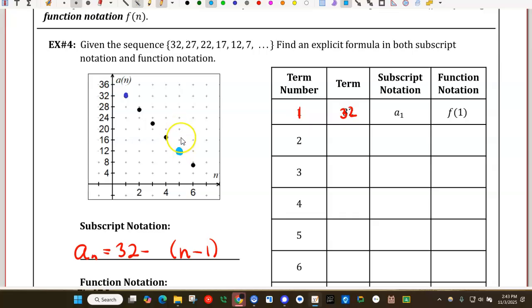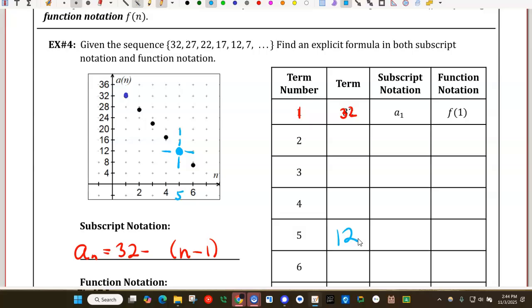Yeah, this is on what's called a lattice point, so these intersect precisely. So if I try to use the second term, I'd be estimating. Maybe that's 27, maybe that's 28, maybe it's 27.5. I can't be sure because it's not exactly on that last point where these two grids intersect. But down here at 5, it definitely looks like it's 12. So